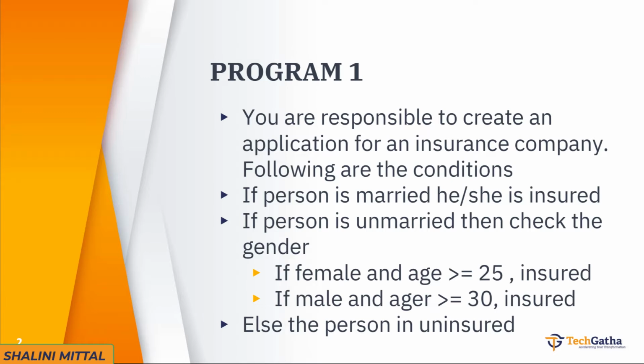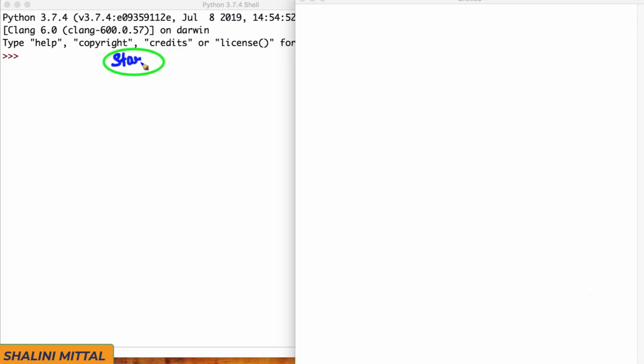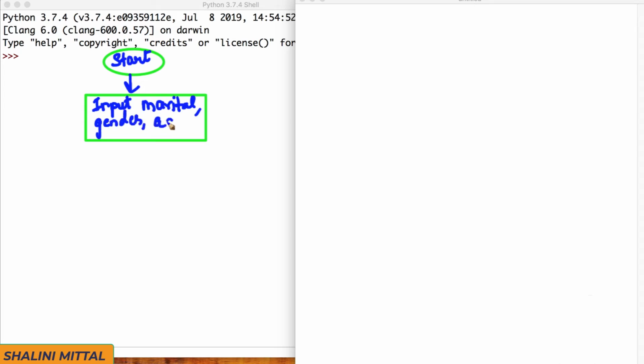Now say for example you want to write a program for the same. So we'll start. We'll take an input. So then we are going to have the input as marital status. We'll also take the input gender. We'll also take the input age. Then I'll check